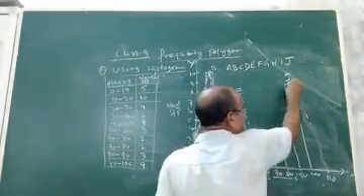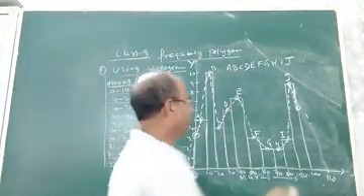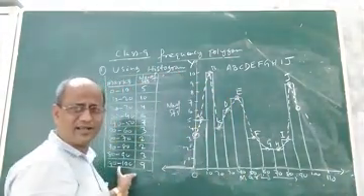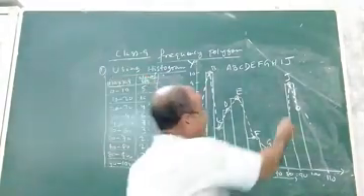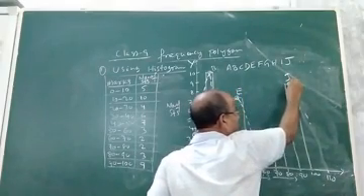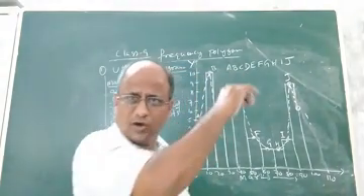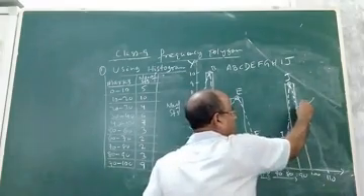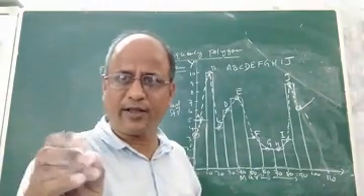Similarly, the last midpoint of the last class or the last bar, where will it be joined? The last class is given as 90 to 100. So this mark, look at, this is 90 to 100. So join the midpoint of the last bar or rectangle to this line by a dotted line, so that it will be closed at this point. Now we got a closed curve.